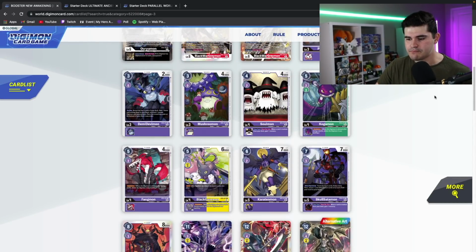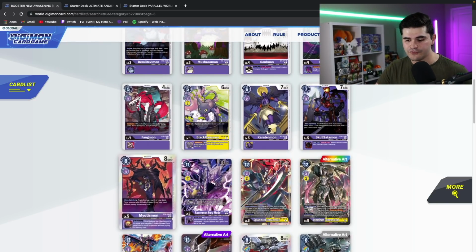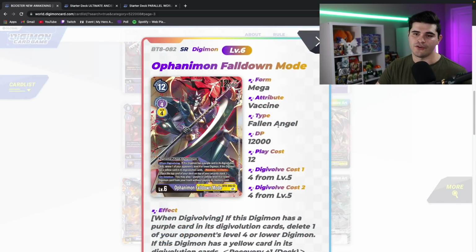Up next, we have the purple Digimon, and besides being some extra support for random green decks or random purple-yellow decks, and facilitating the Malamyotismon shenanigans, the real star of the show is Ophanimon Fall Down Mode. This card not only brought back security control from the black hole that was hybrid meta, but it made it even better. Anytime you see on Digivolve Recover 1, all those yellow security control players just stare at